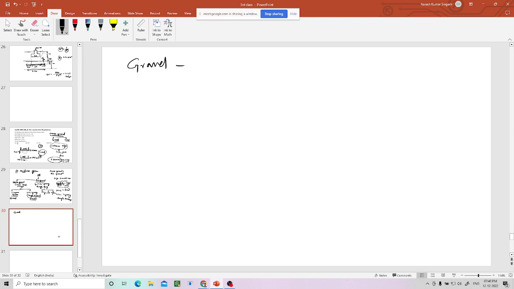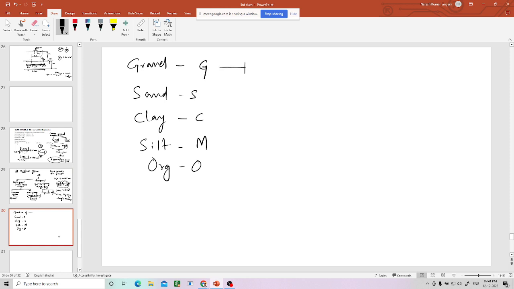Gravel is denoted by G, sand is denoted by S, clay is denoted by C, silt is denoted by M. Okay, it's not S. And organic matter is denoted by O. Is there anything else? No. So now correspondingly, there will be subgrades like poorly graded, well graded, clayey gravel, sand, silty